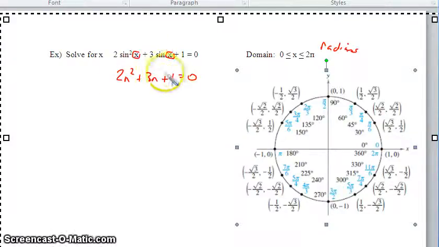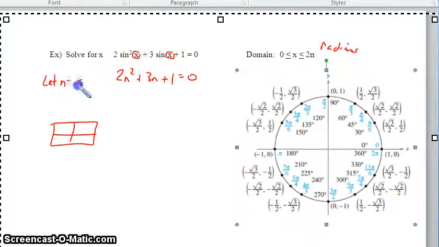That would be factoring using the box method. The problem with my problem is that instead of having an n squared and an n, I've got a sine squared and a sine. So what I've done to get this is I've made the substitution, let n equal sine of x. And then I'm going to solve this algebraically by using the box method,